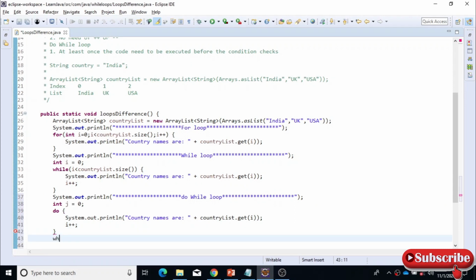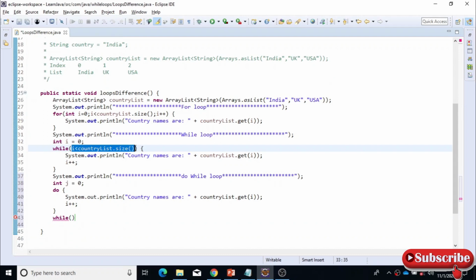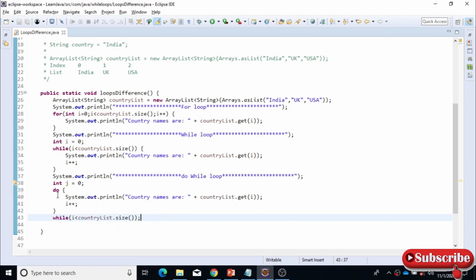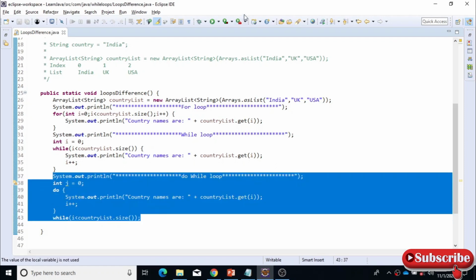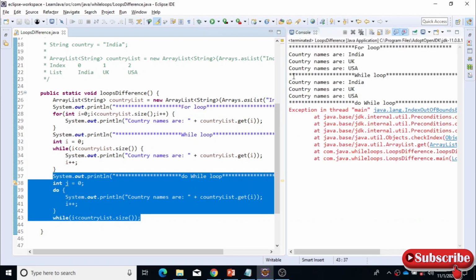Finally we need to put the condition for do while, and you have to give the semicolon. So we are doing this with the do while loop now. You run that, it will not have any problem. So these loops are alternatives, and it will not have any issues.